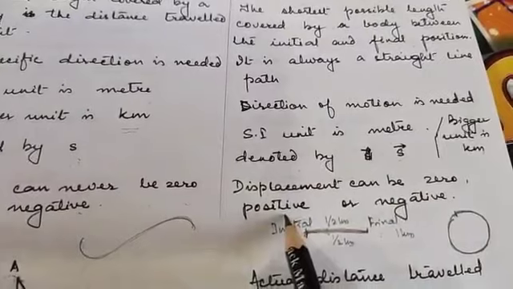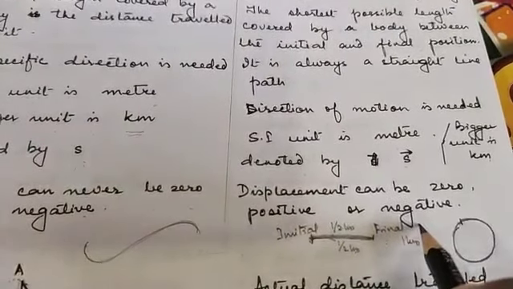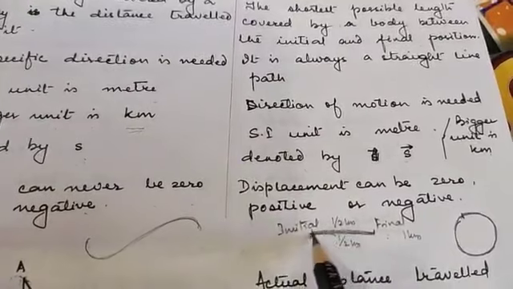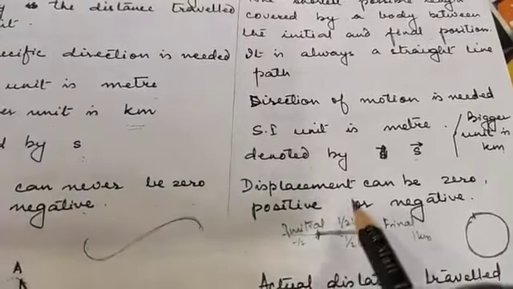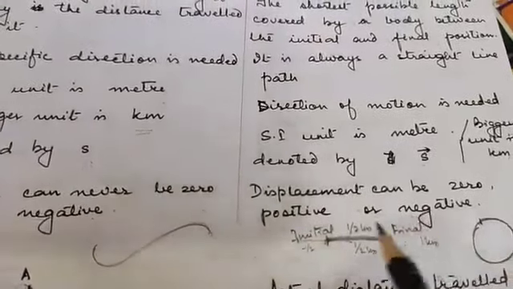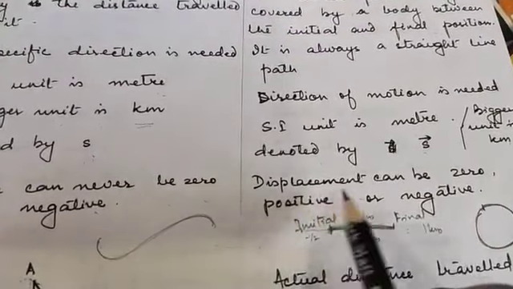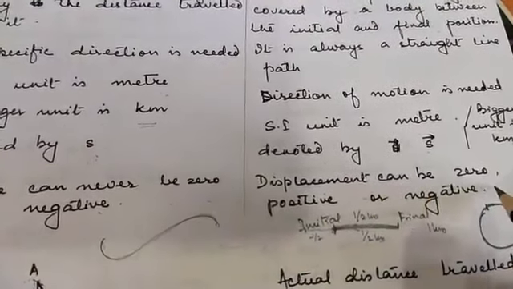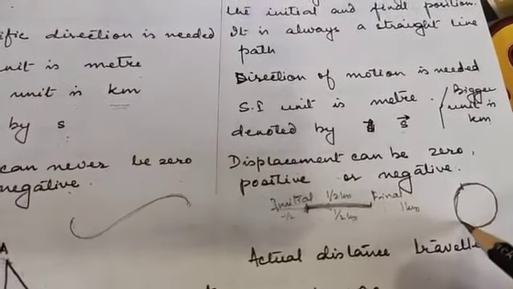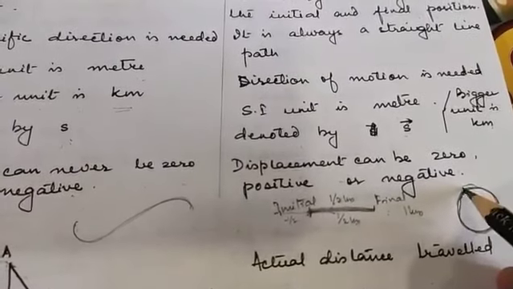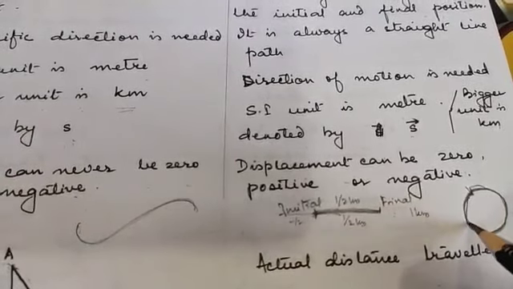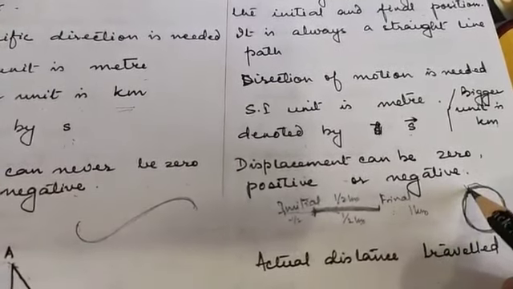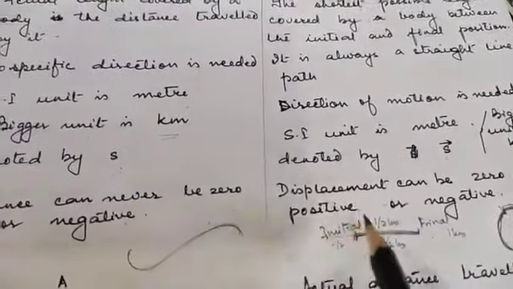Displacement can also be positive, it can also be negative. I moved forward, I came back and I reached till here, then the displacement becomes negative. This you will study in higher classes. Now you only understand that displacement can be 0. But then what will be the distance if the person is starting from here and coming back and reaching till here again to the same position? The distance is going to be the circumference of the circle. Clear? Distance and displacement.